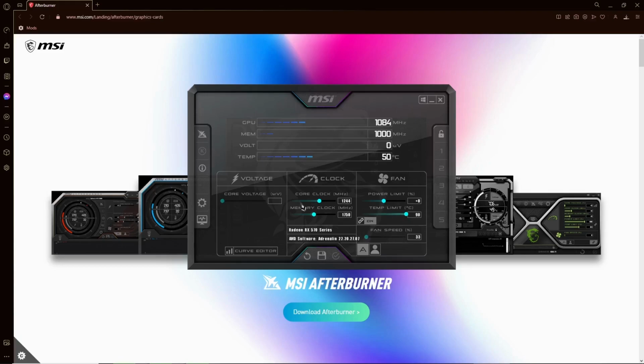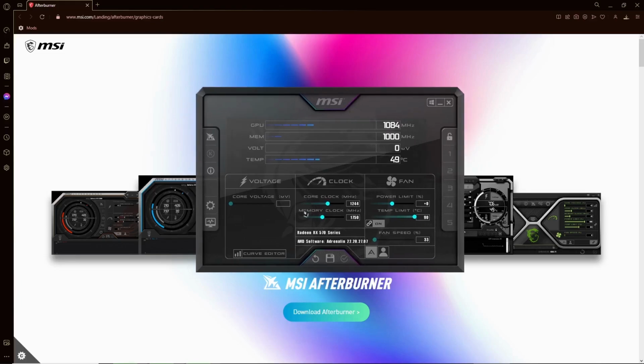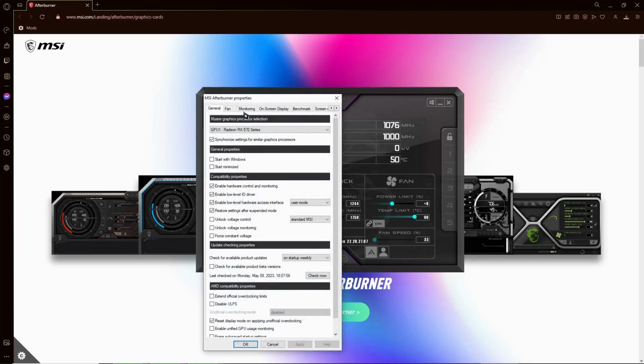And you could also control your overclocking here. You could control your core clock, your memory clock right there, and you could see the GPU right here, the megahertz, and temperature of course right here. As you can see, mine is currently on 50, and you also have a lot of features here that you can use